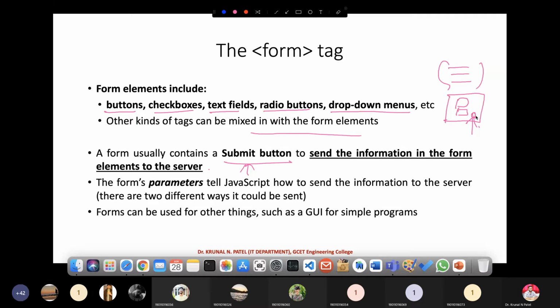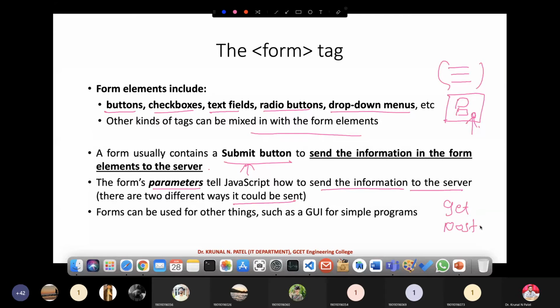Whenever I click on this button, my data is going to be sent to the server. Now the form's parameters tell how to send the information to the server. There are two different ways it could be sent: either using the get method or the post method.